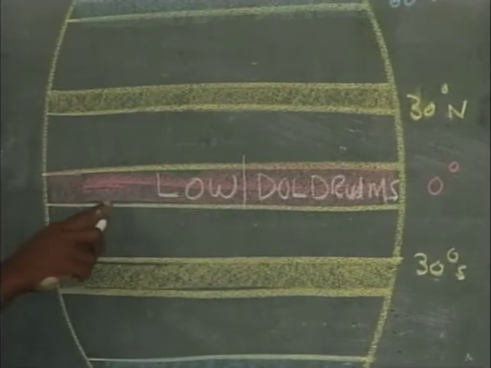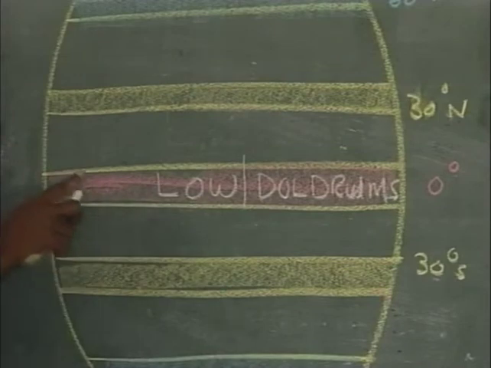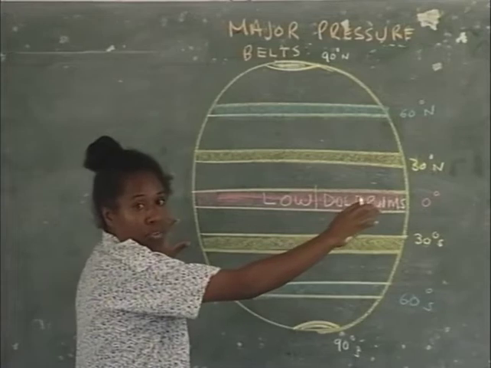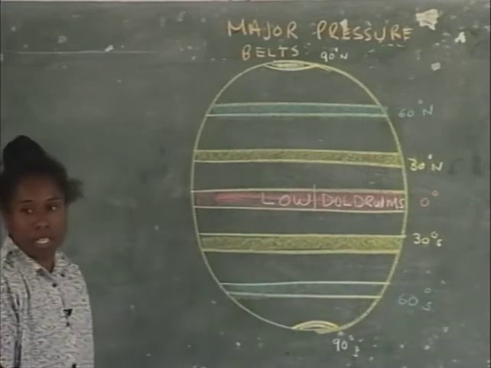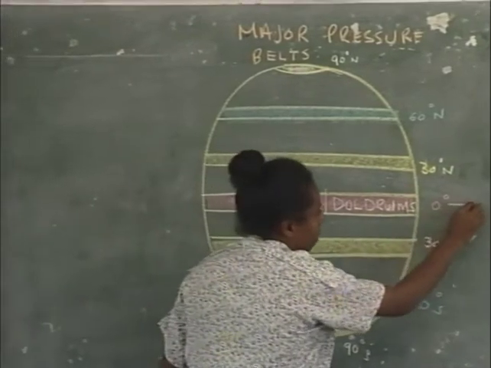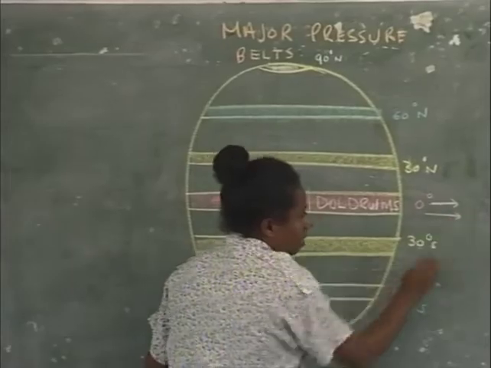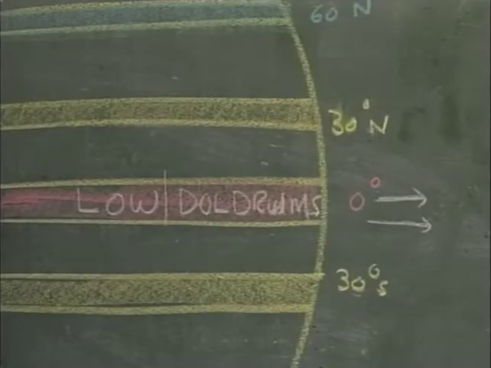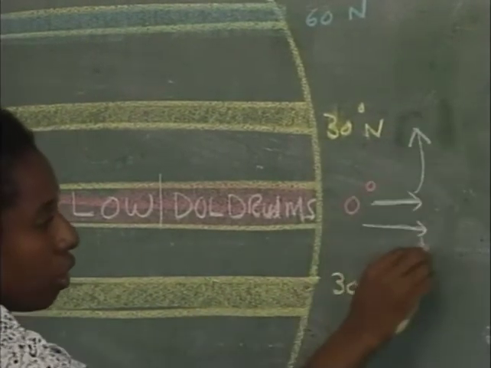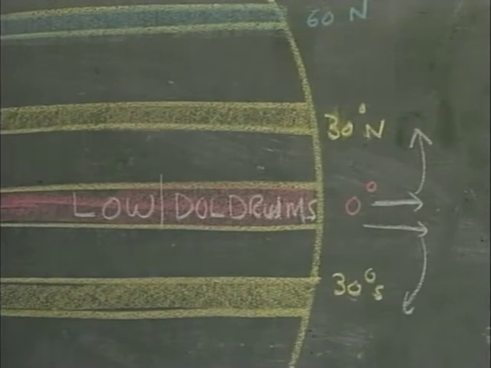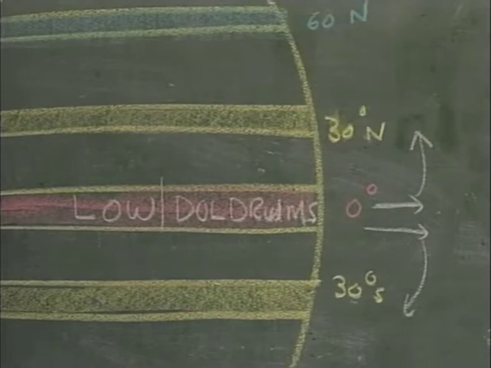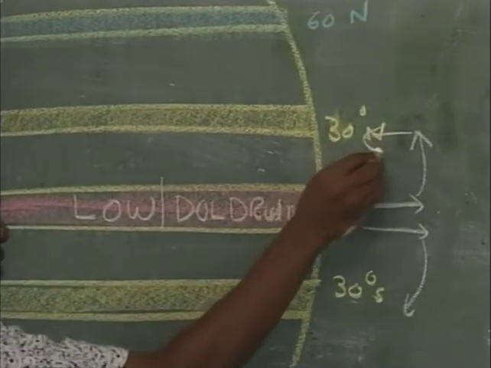And the reason why this area has a low pressure is simply because it is hot around the equator, the air rises, giving rise to this major planetary belt, which is a low pressure belt at the equator. That's the first one. The air which is rising here will also have to sink elsewhere. So most of it travels north and also south. By the time the air reaches about 30 degrees north and south of the equator, that air sinks.